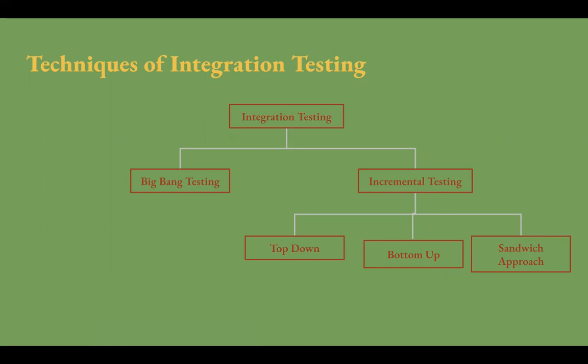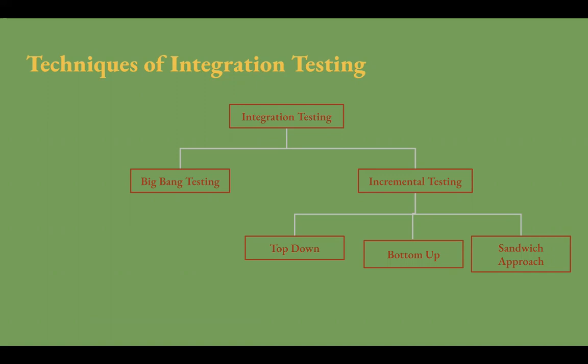In this approach, for example, top level modules are already ready, but few developers are still working on bottom level modules. So we will not wait for them to complete their modules. We will start integration testing for top level modules and use stubs in place of modules which are not ready for testing. So a stub is a small piece of code which is used in the place of a particular module for testing purpose if that module is not yet ready.